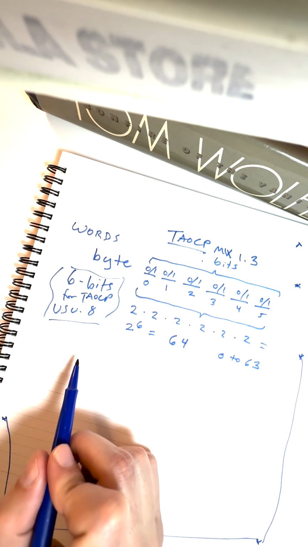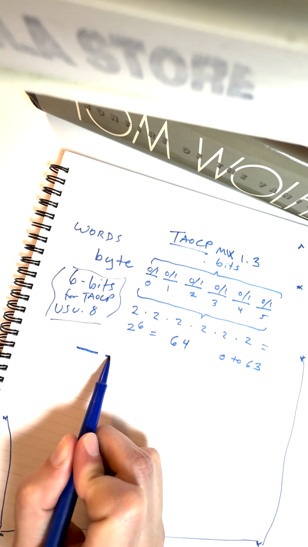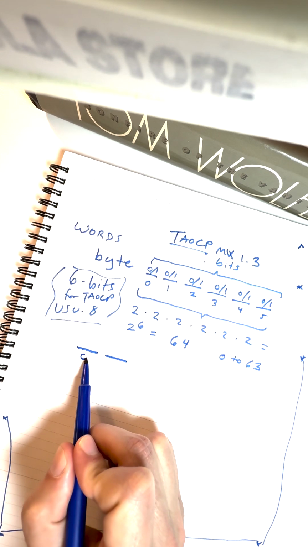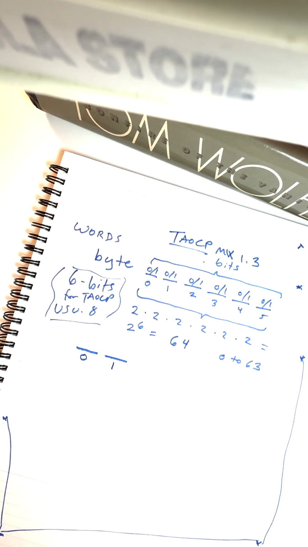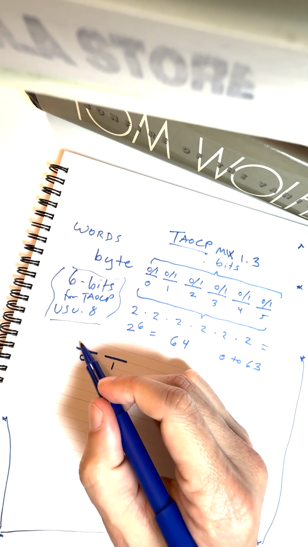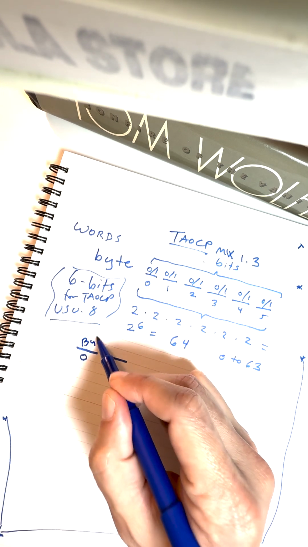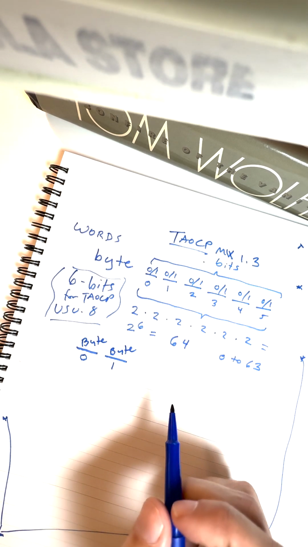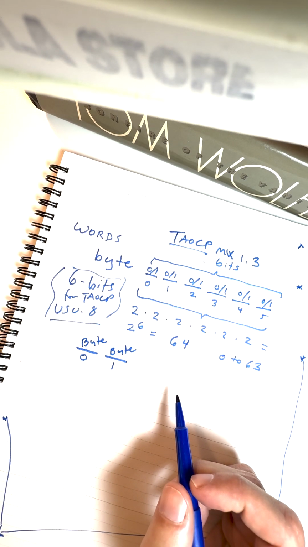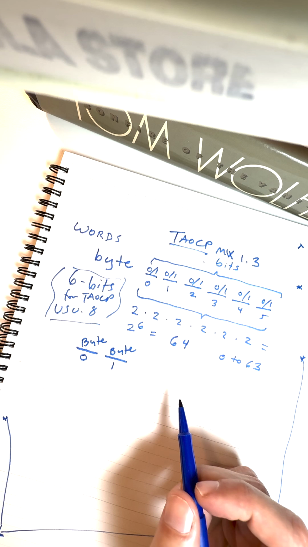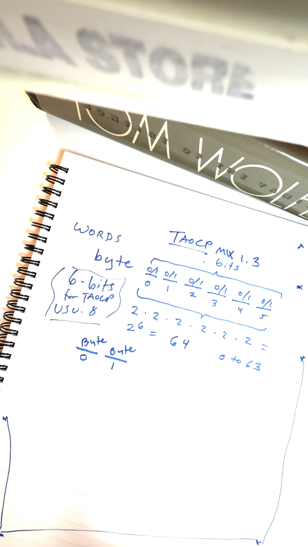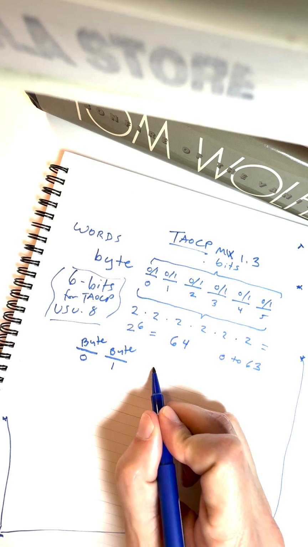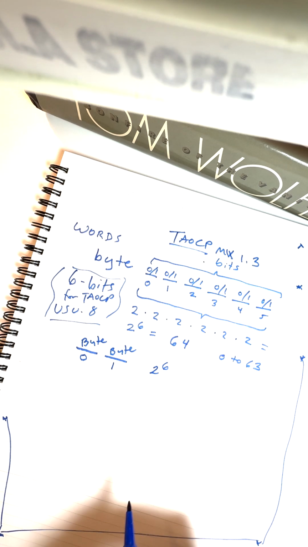And we're saying two adjacent bytes can hold how many numbers? It can express how many numbers in base 10 decimal? Well, you have 2 to the 6,